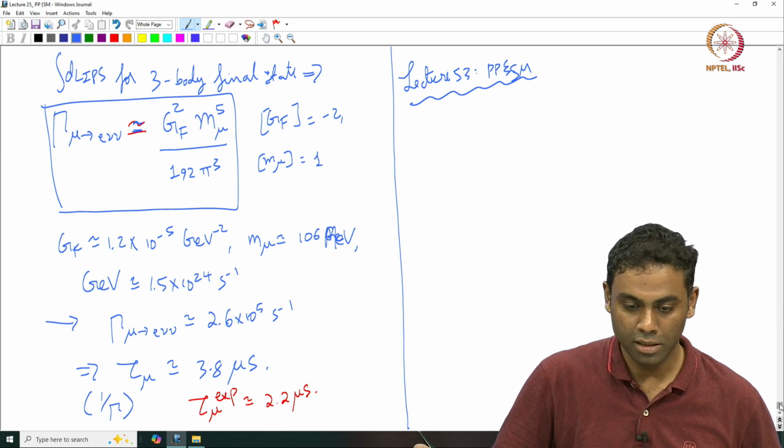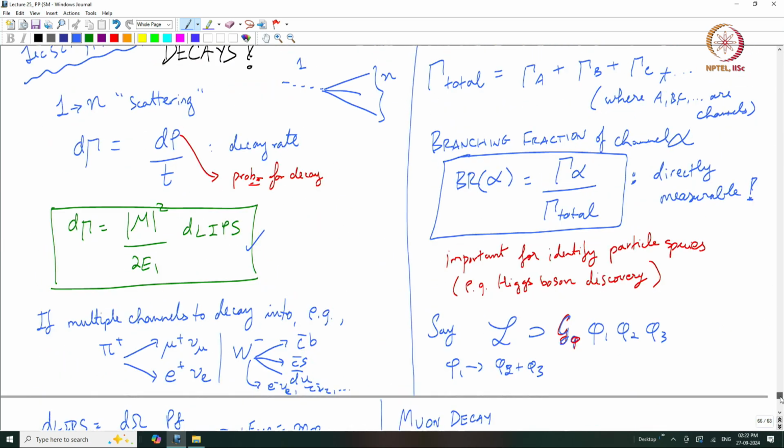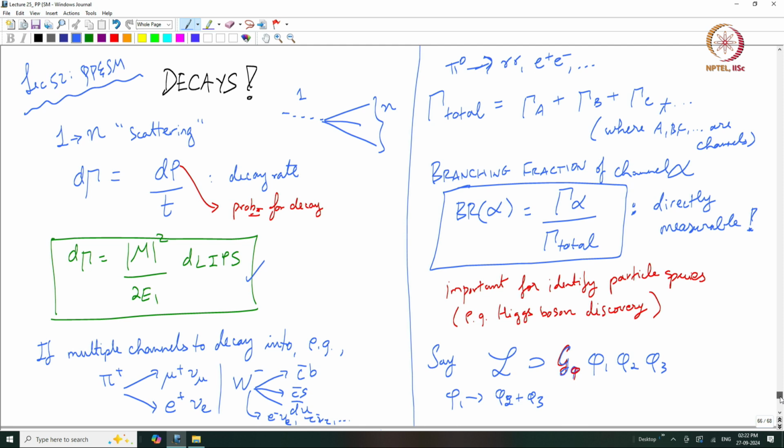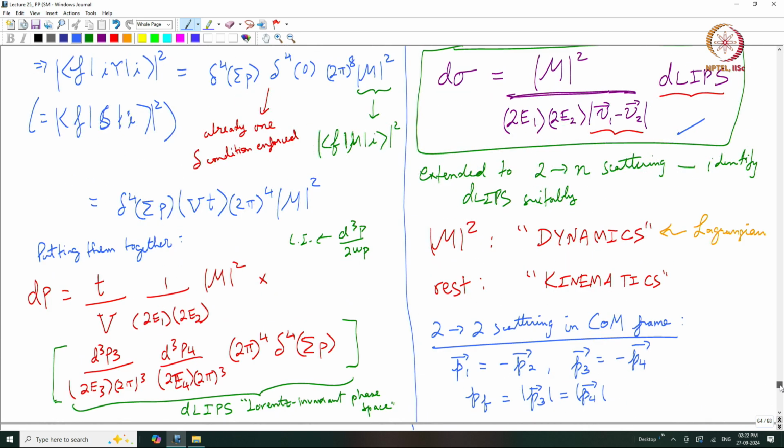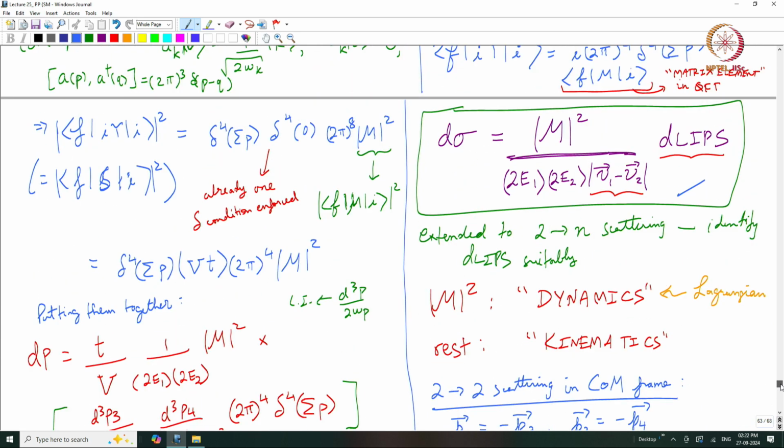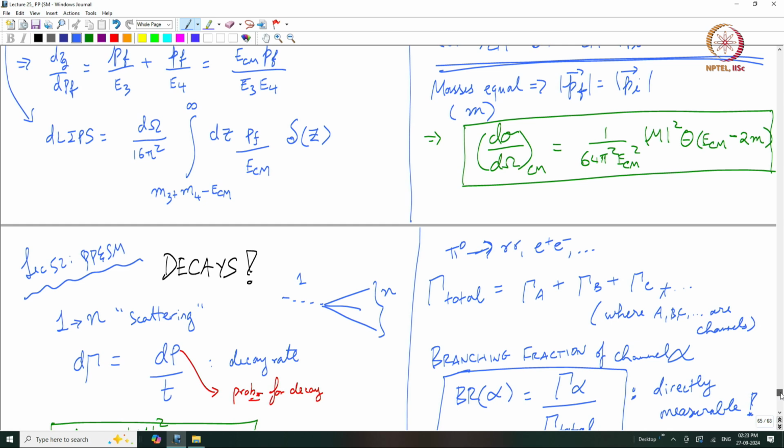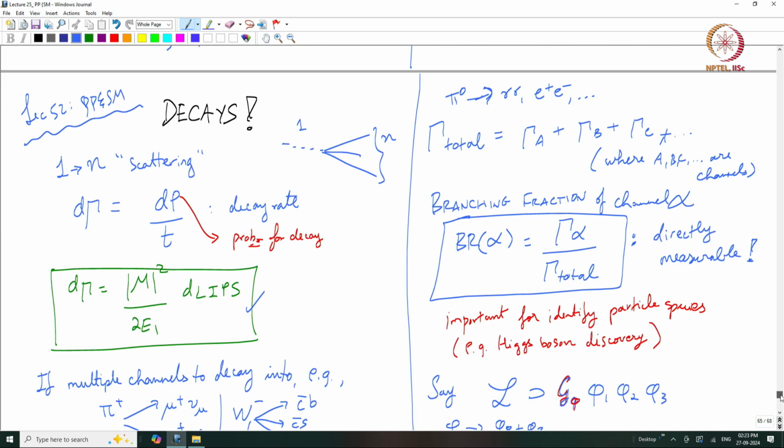So let me start this lecture with a quick question that I had just touched upon last time. You can think about this and answer for yourself. Is the decay rate Lorentz invariant? We saw earlier that the cross section was not Lorentz invariant, right, physically it did not make sense, and then by looking at the ingredients in the expression for the cross section we saw it was not Lorentz invariant. What about the decay rate? Of course the decay rate is also not Lorentz invariant, right, it is related to the lifetime and all that,